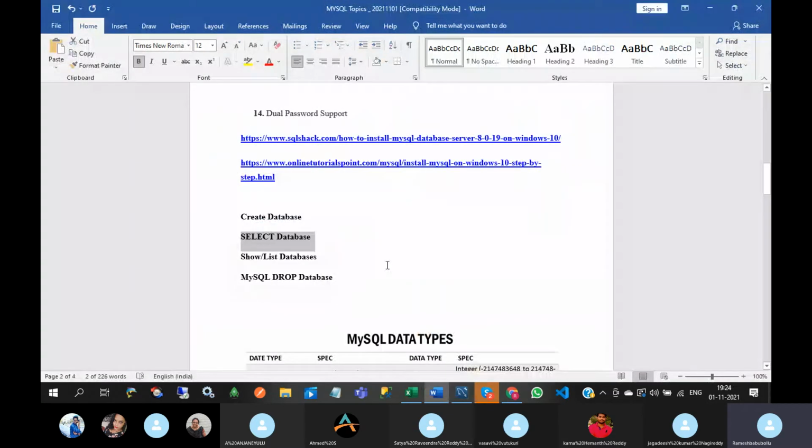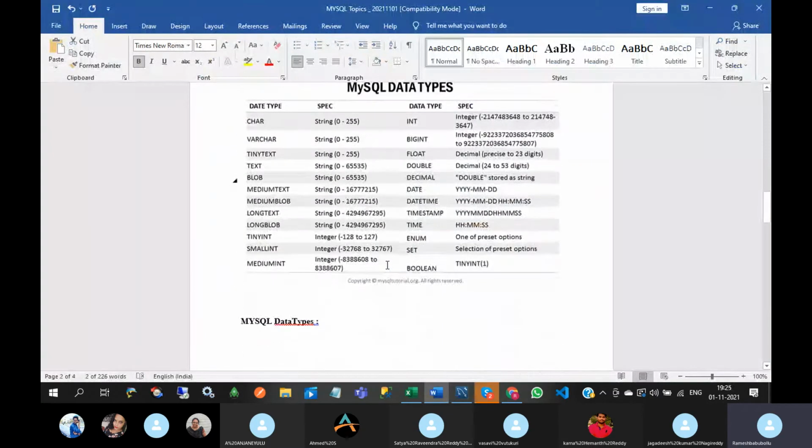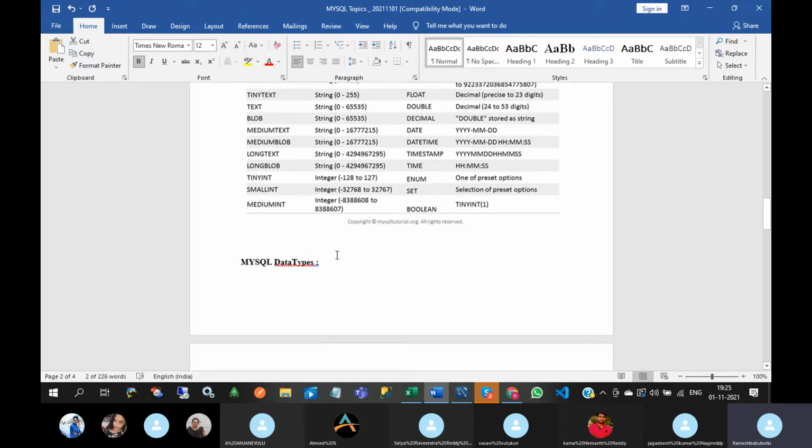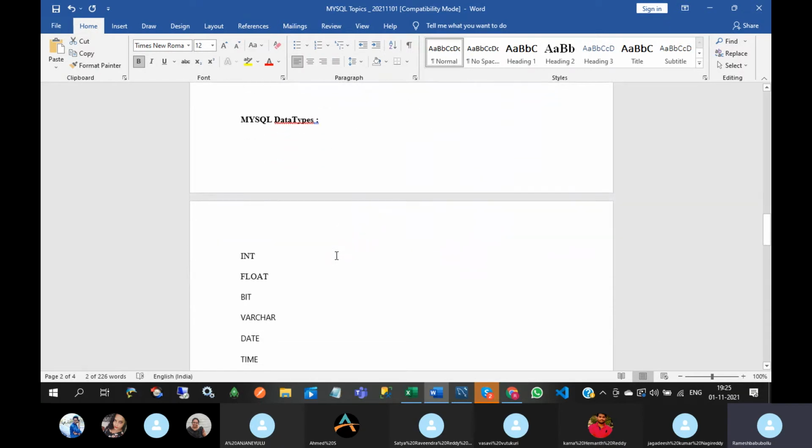Next, what are the data types available in MySQL? These are the data types available in MySQL with ranges also. But no need to know all these data types. You need to know the minimum data types.